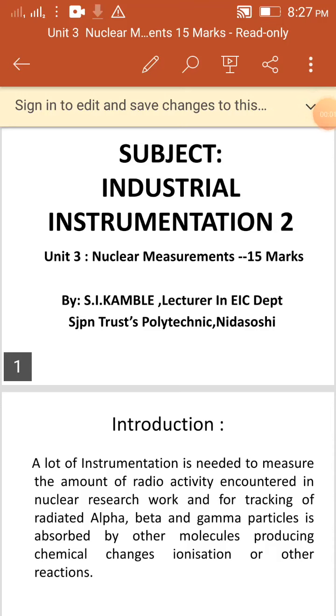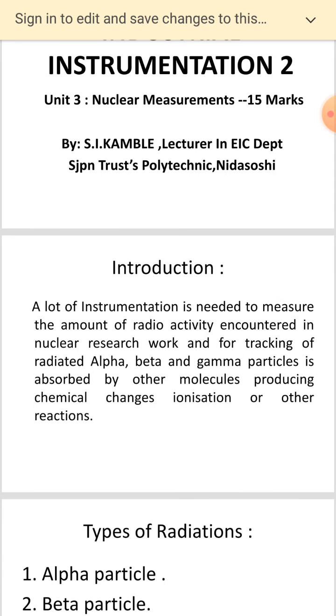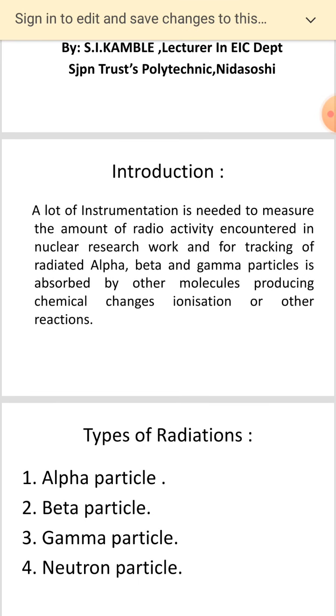Students, now we'll see Unit 3, Nuclear Measurements. In this chapter we are going to get 15 total marks: one 10 marks question and one 5 marks question. So first we should know radiation. So radiation means